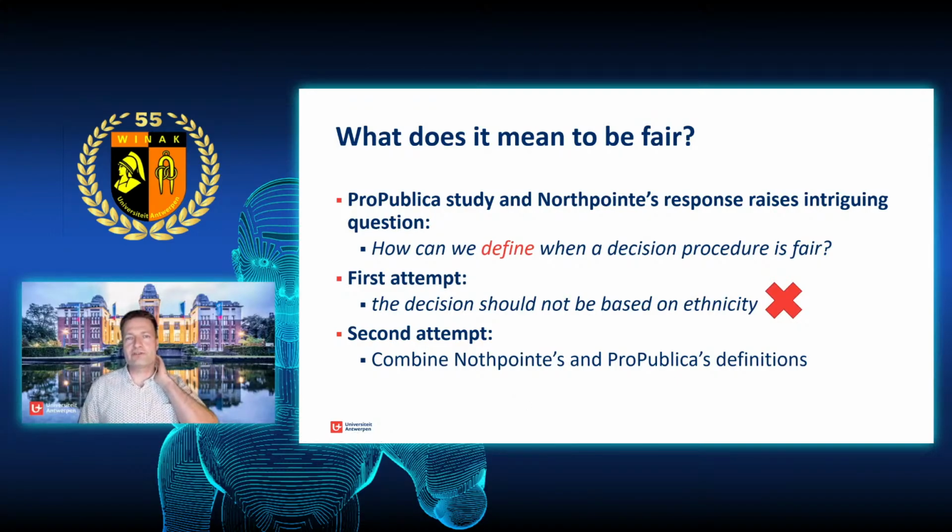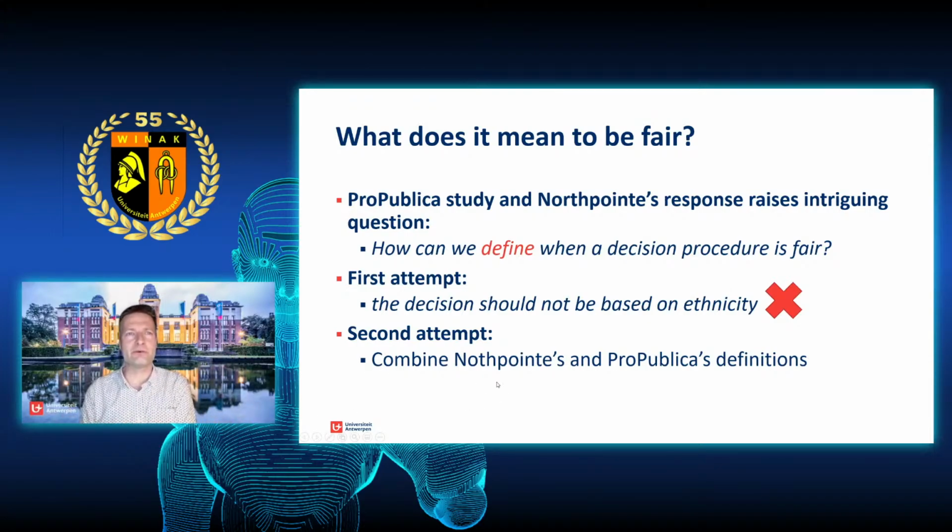So let's try a second attempt, because what Northpointe was saying actually makes sense. It needs to be calibrated. If a classifier is not calibrated, that's a very bad thing, because there is something like a black high risk and a white high risk if they have different percentages. If you're high risk, it depends whether you're black or white, and we need to know that in order to interpret it. Is it 80% or 70%?